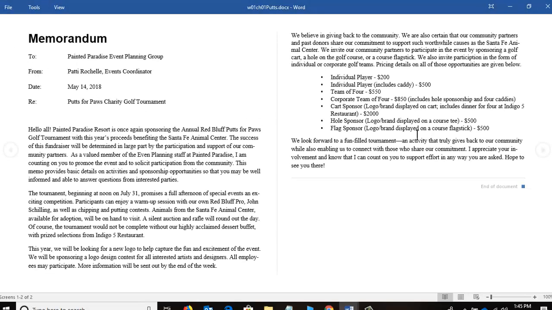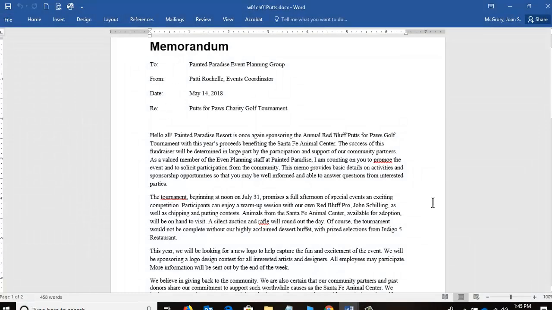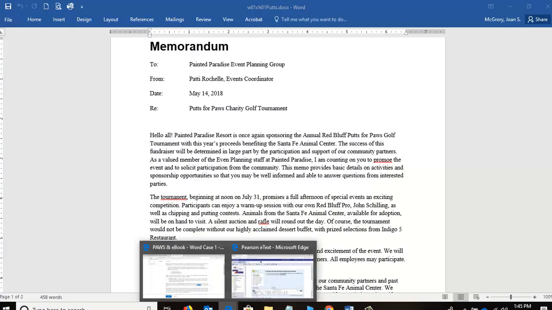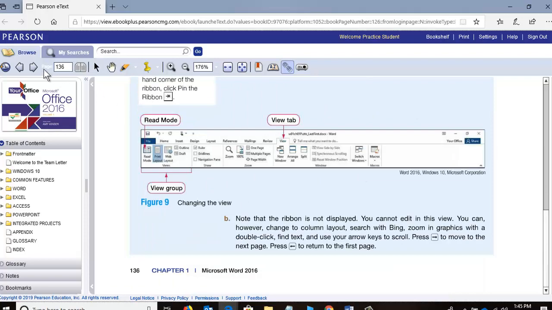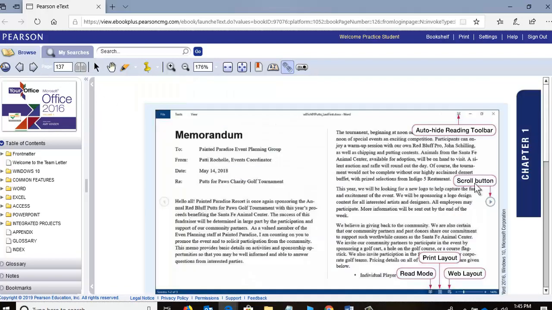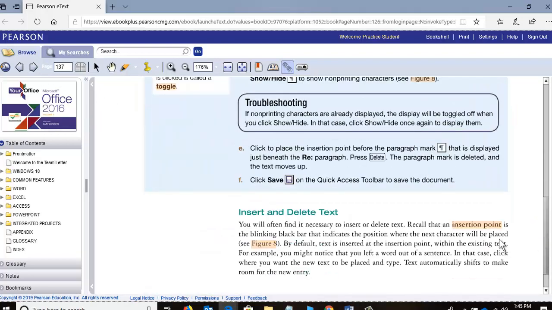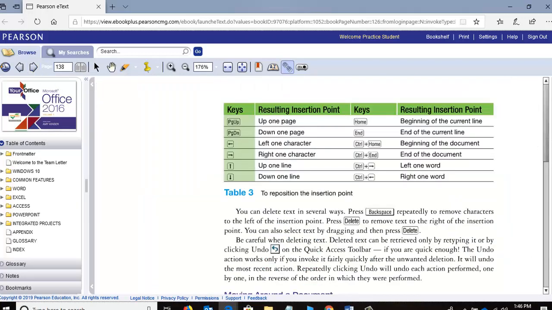And really at this point, and in Chapter 1 of each of the different software, they're going to tell you how to navigate. I mean, that's what this is all about, is learning the software. I'll return to my instructions. If at any time you don't know, you watch the video and you keep working through the chapter. Just step by step. I'm not going to do the whole thing, but I am trying to help you understand